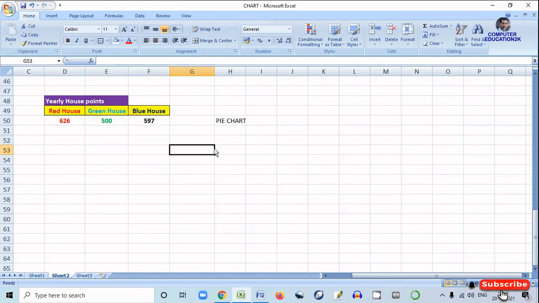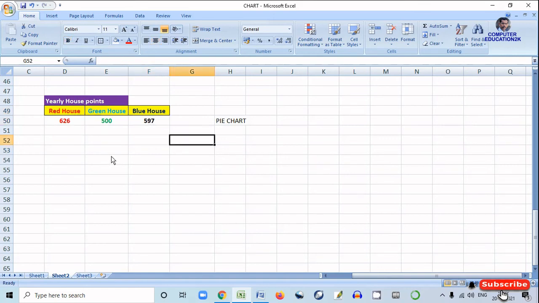Now here we have the house points yearly, means yearly house points gained by the students of a school. Red house 626, green house 500, and blue house 597.